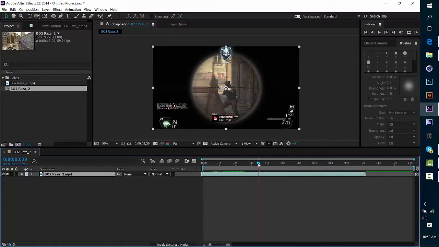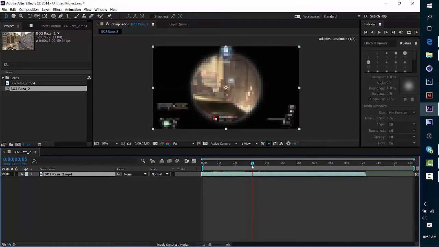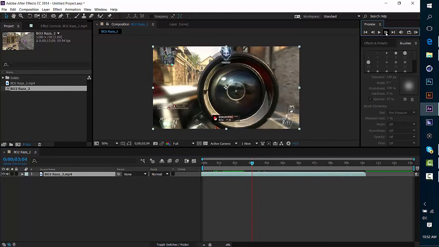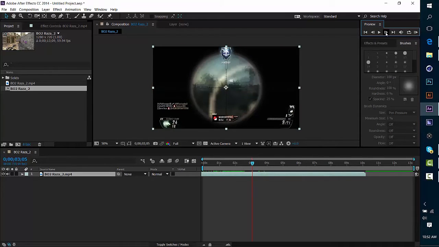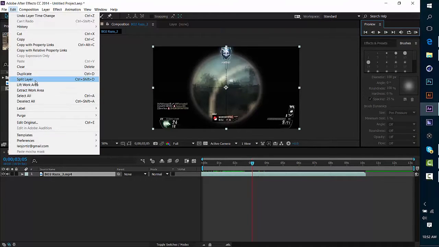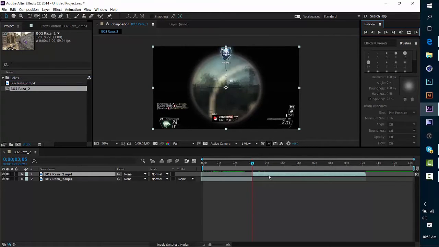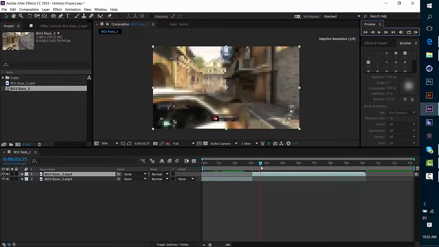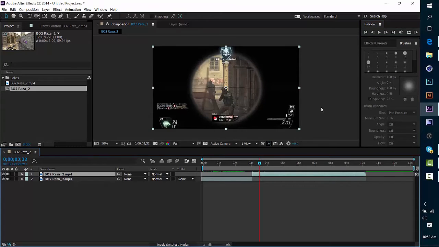So we're gonna find where the scope first goes into the actual scope itself, and we got that. So we're just gonna go ahead and split the clip. I'm gonna press Edit, Split Layer, because I can't press Control Shift D while I'm recording because it does something weird. And so go to the first frame when you see the bullet trail,